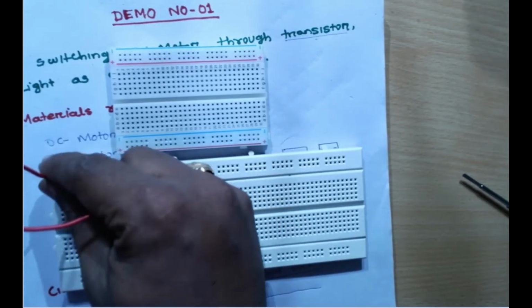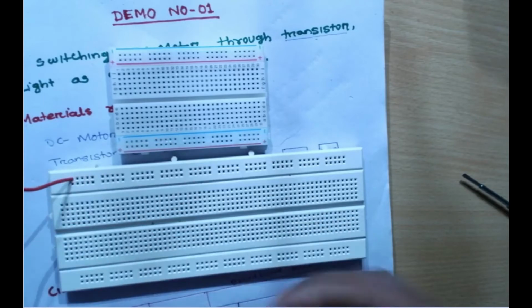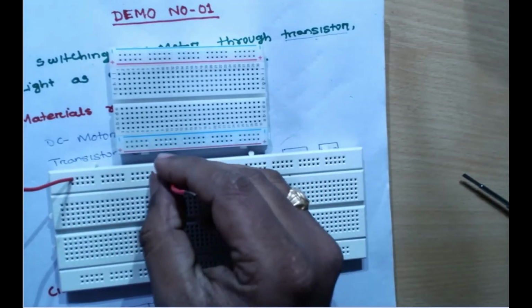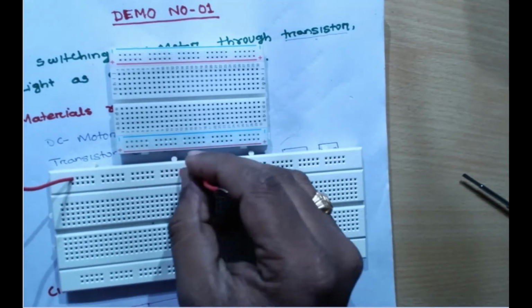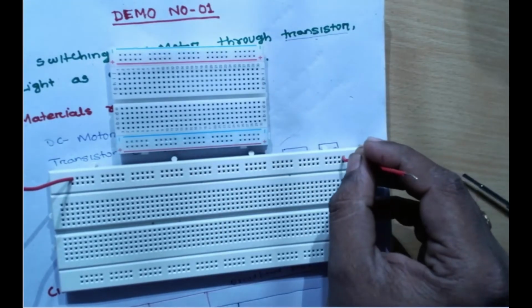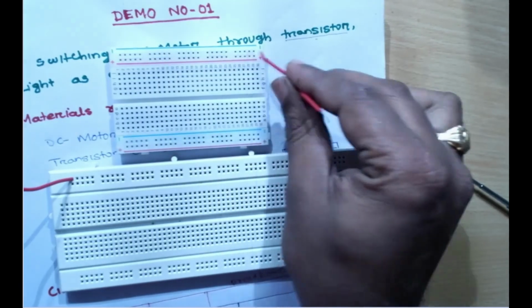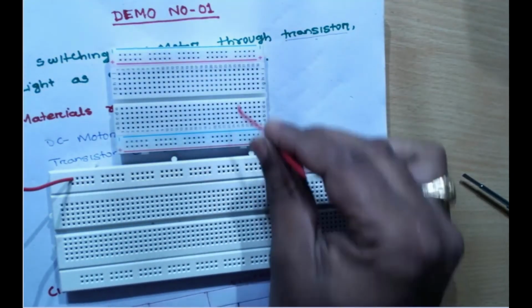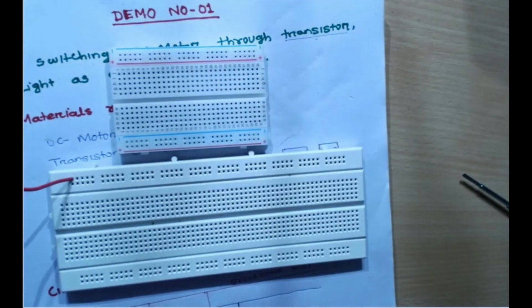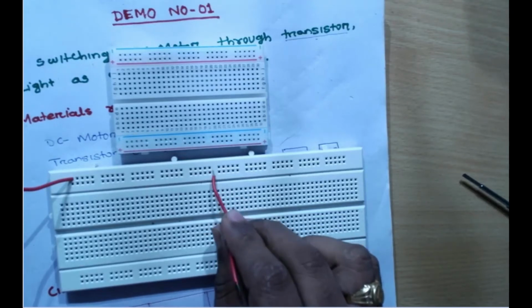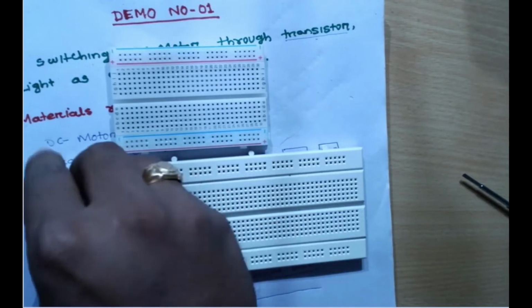Likewise, suppose I give the 0 volt over here. I am getting the ground, the common point or 0 point, from this point or this point, not from this one, because I am giving it here. This bus bar is completely internally connected, but this is not internally connected. This is double the size of the above one. Up to this is internally connected. Likewise, it's the same as above.